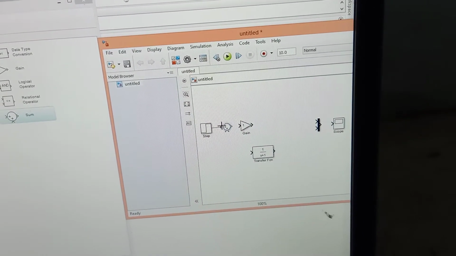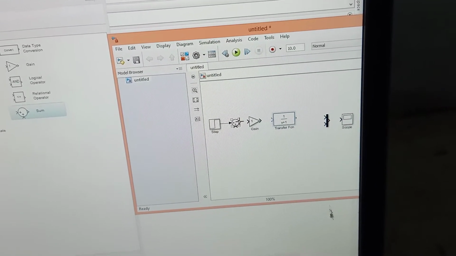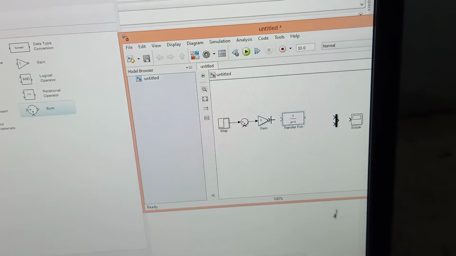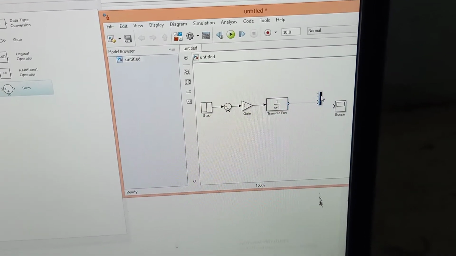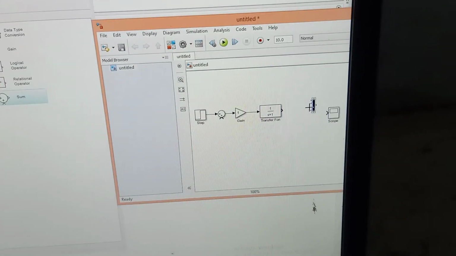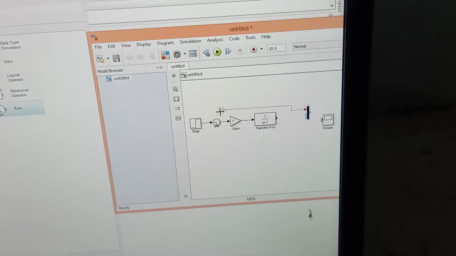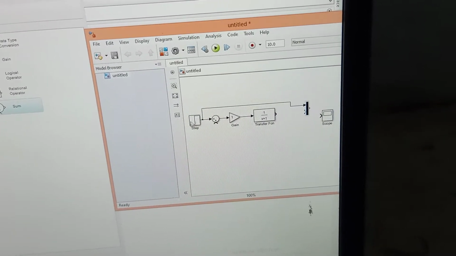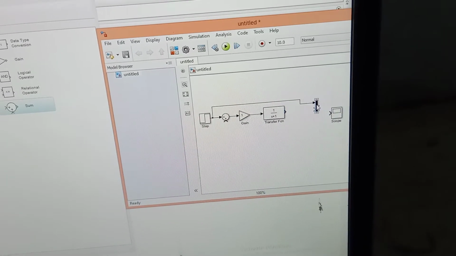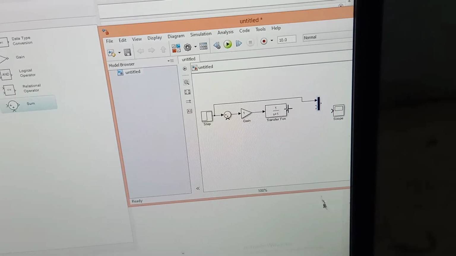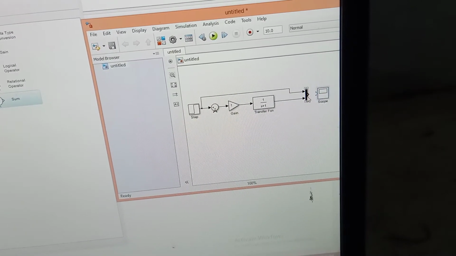Step input to comparator, and we have the gain block, and then gain to transfer function, and from step input to this mux. If you want to see the step input alone, we can have this step input connection, and finally it is connected to transfer function. If you want to check the output, we need scope.